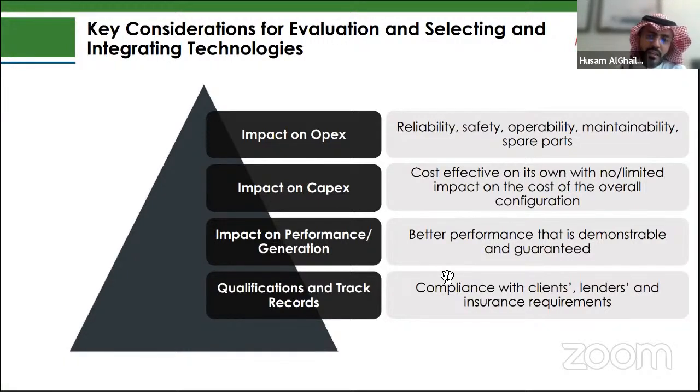And then again, given that we are doing the operation ourselves, impact on CapEx and OpEx is also key. So demonstration of reliability, safety, maintainability, operability, and